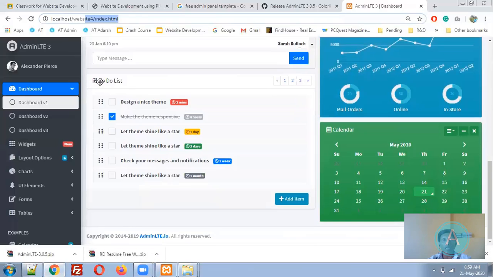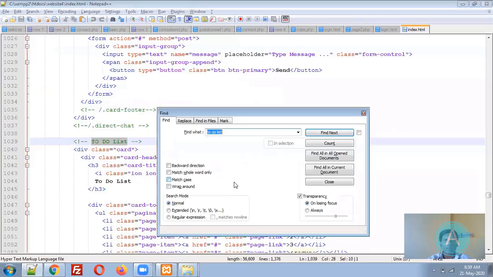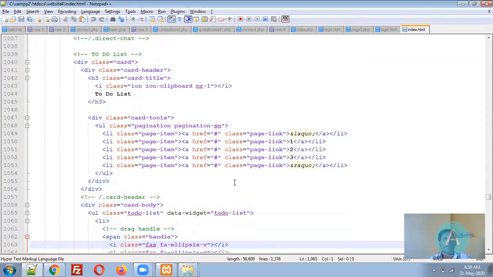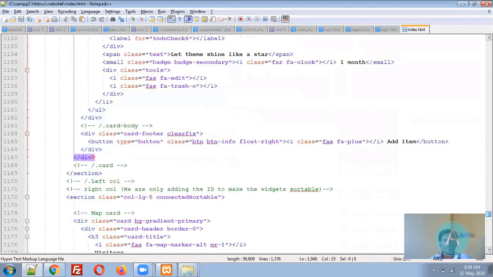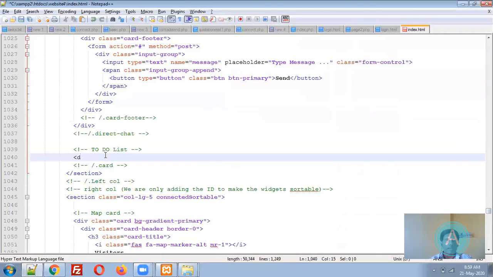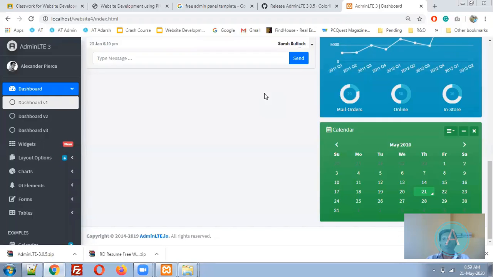Now you don't want the to-do list, so search over here for to-do list. You will find that it is over here. Now remove that card. It is removed. Are you getting my words?